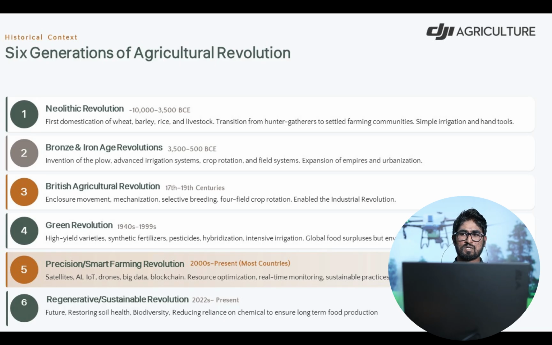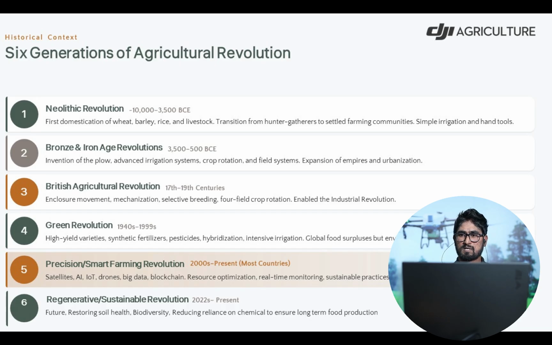In the 1940s through 1992, there was a huge change we call the green revolution. Most high-yield varieties, synthetic fertilizers and pesticides were produced in that era, and hybridization and intensive irrigation practices also started in that time period.